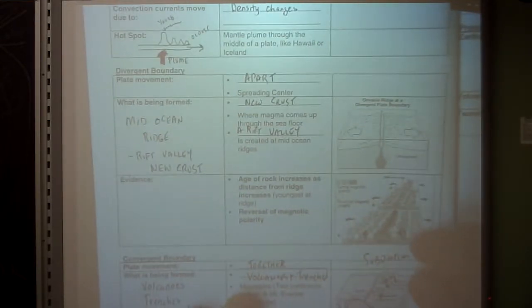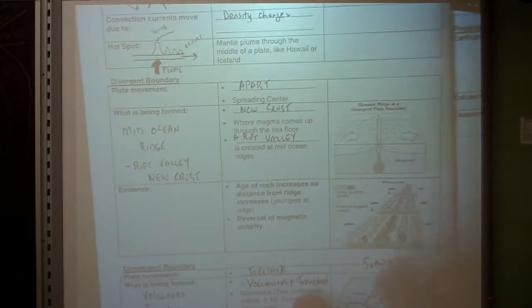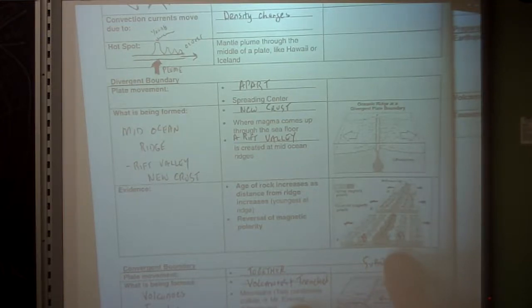Then we learned about magnetic striping, how the magnetite gets frozen in its orientation to the magnetic field. And the reason why I put a B over here and a B over here is these are two magnetic stripes. They're in the same direction, and they're also the same age, and that's because they were once in the